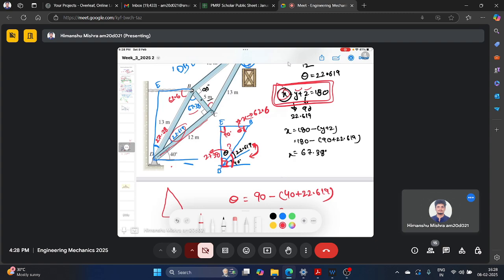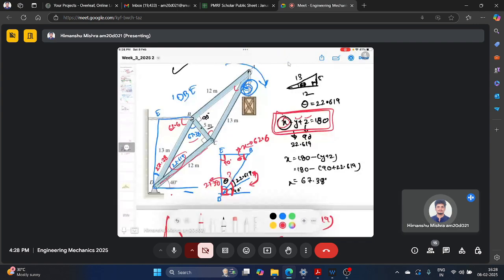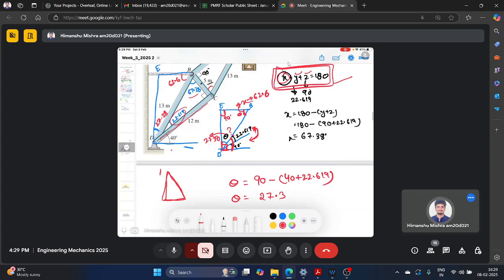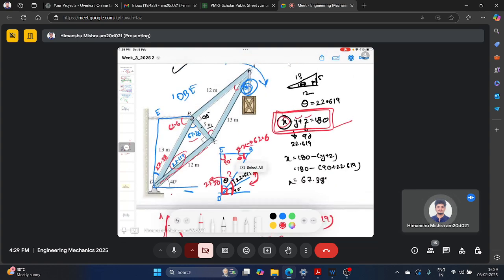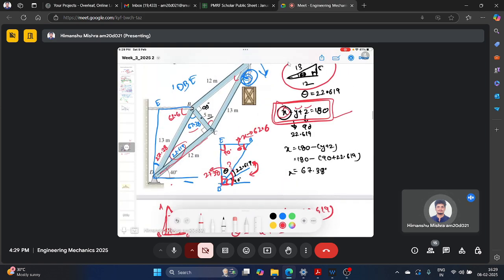It is actually too much hard work we need to do to find the forces, because here we already know, I mean, already we are calculating angles by so many trigonometric rules, triangle rules, and so on. But this is actually required when you use the method of joints. So if you consider triangle ABC, this is 90, and this we have to find. Then using the same concept like we did here for triangle DBC, you will find this angle as